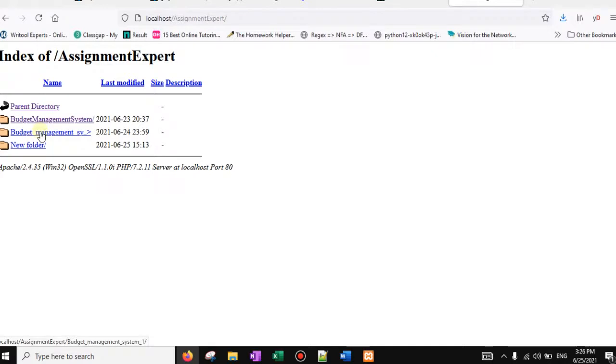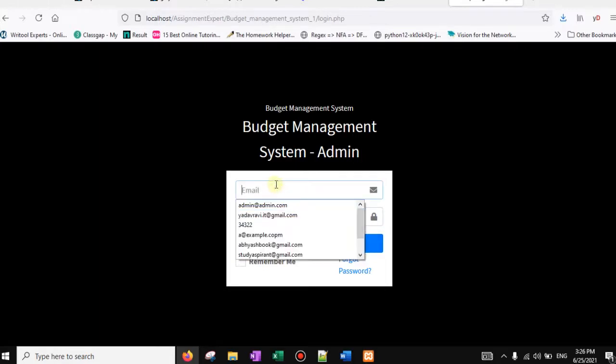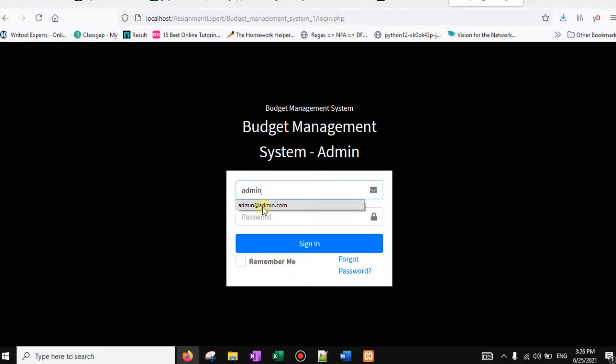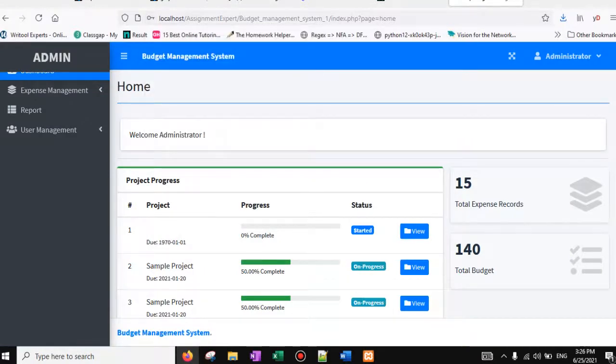This is the login page which we have designed. Now we use admin@admin.com, and here in password, admin123. Now sign in. Now we are able to see this structure.